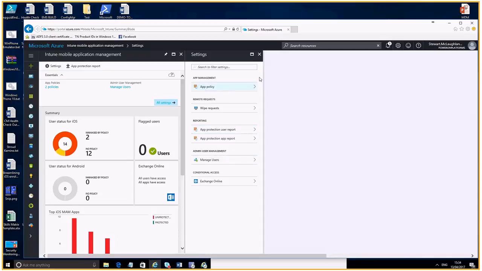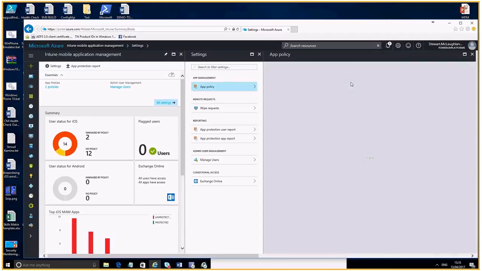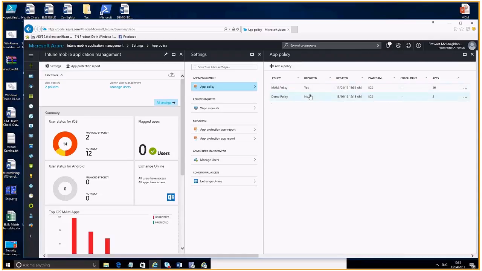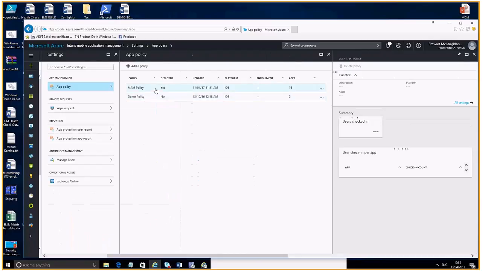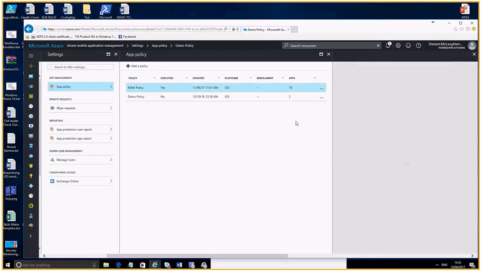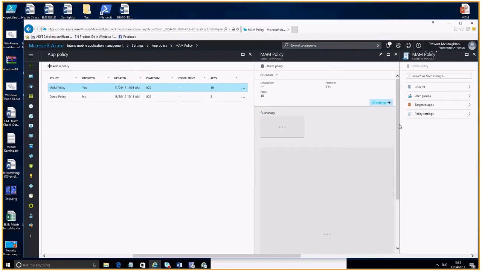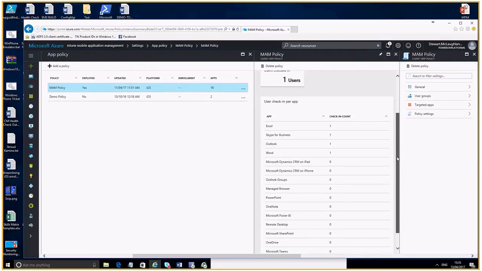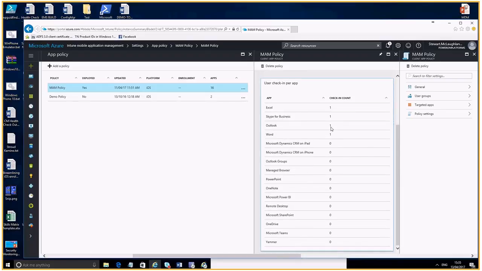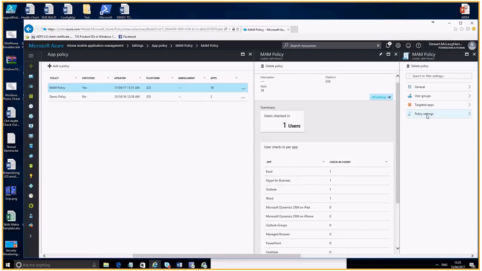So we've actually got here within portal.azure, we have an app policy. So we have our list of applications that will support this. If I jump into the demo MAM policy here, we can see the applications that have been accessed and the ones which are subject to this policy. So if we click policy settings,